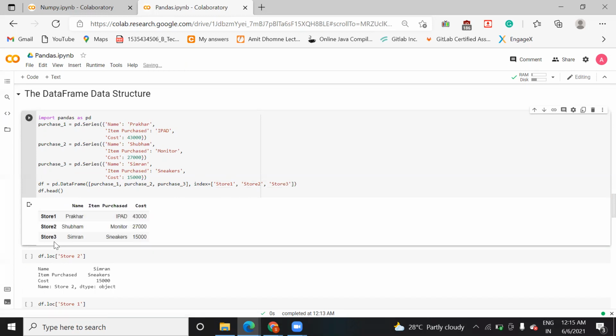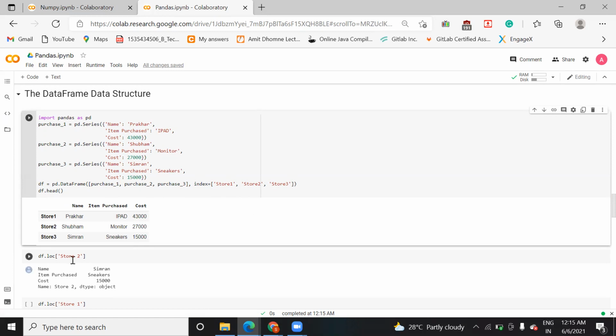See here. So in this way, I've shown you how you can play with the data frame, how you can create a data frame. It is similar to reading a CSV file. When you read a CSV file, Excel file, or text file, they also create a data frame like this. So in this video, we have seen how to view the data frame.